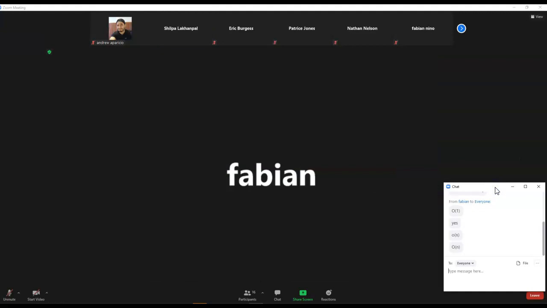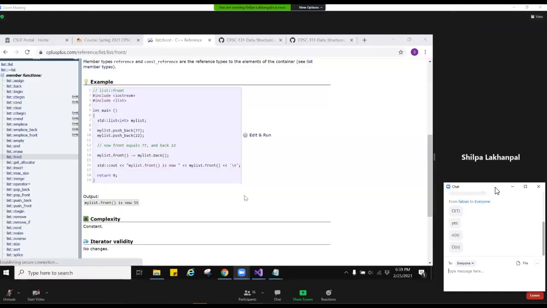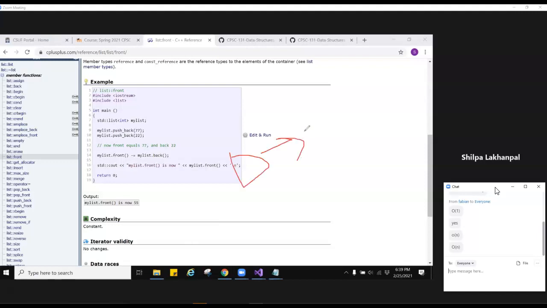Oh, when? It's order n, yes. Because inserting anywhere, you have to look for the position where you're trying to insert. So the worst case scenario is you have to go over all the nodes till you find the location where you are inserting. Because you always have to account for the worst case scenario. That's why it's order of n.